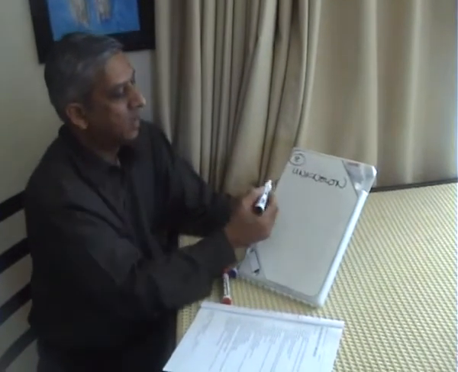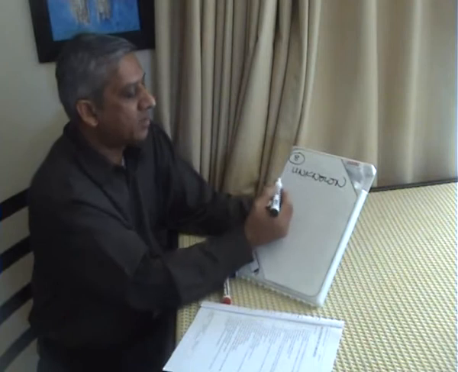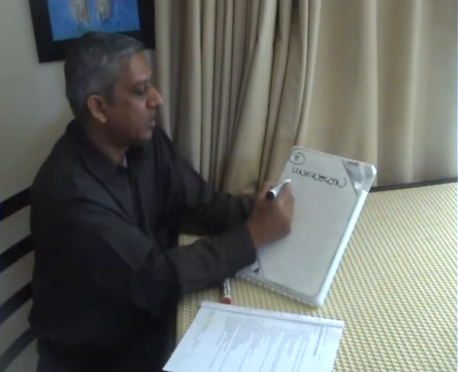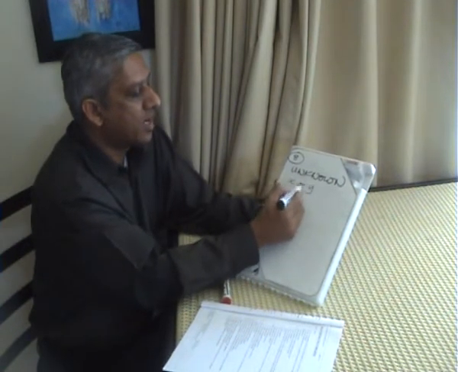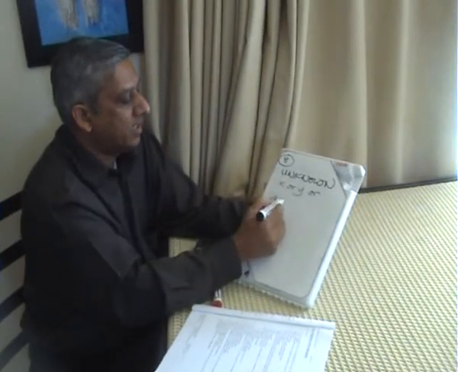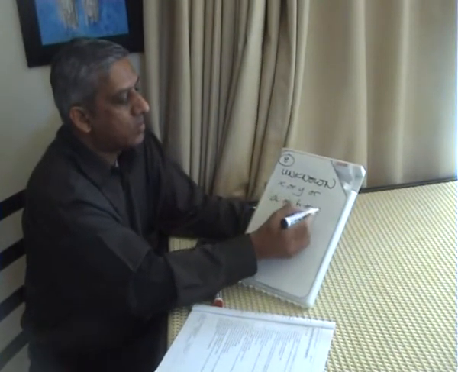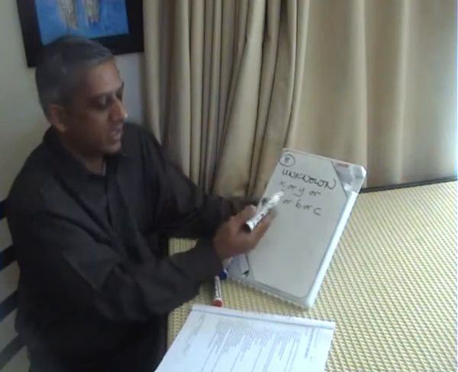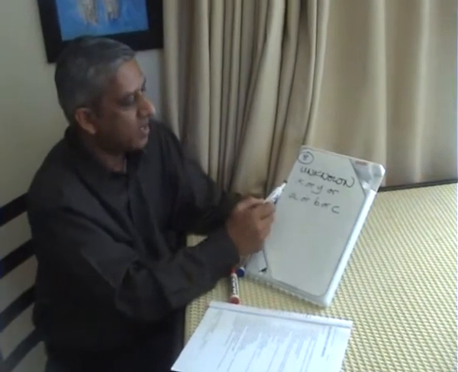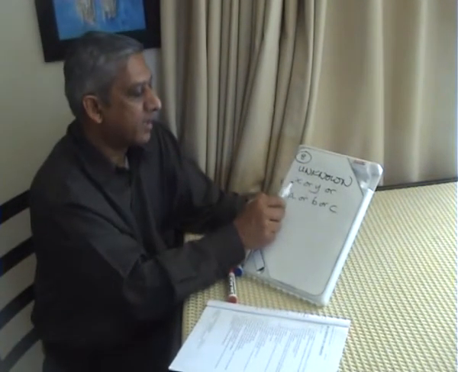If anything is unknown, you have a right to call it any small letter. You can call it X, or you can call it Y, or you can call it A, or B, or C, whatever small letter you like. That is your right. So anything that is unknown, you can call it X.